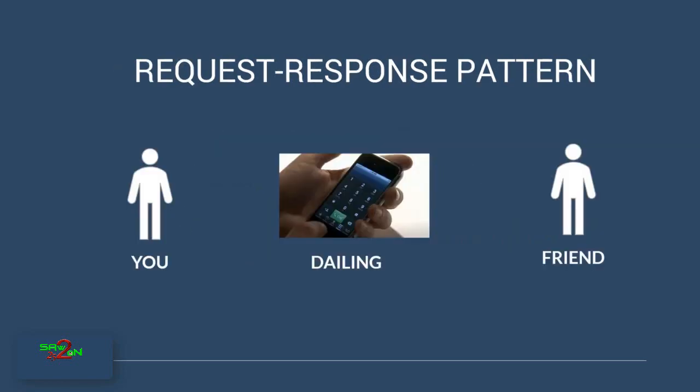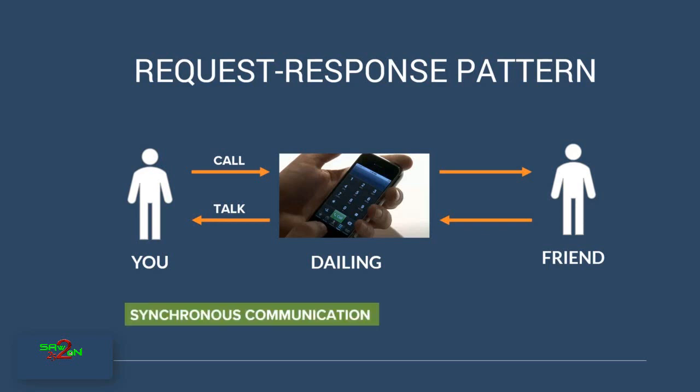Let's take a step back and understand in real world how this request response happens. So imagine a scenario where you're trying to dial your phone. First thing, you will pick up your phone, dial the number and call your friend. The friend will answer your phone and then you initiate the communication of talking to your friend. So this type of communication or pattern is called synchronous communication, wherein you're calling your friend and your friend is answering your call. This is also called two-way communication because it's synchronous and the friend is also available, talking to you at the same time.